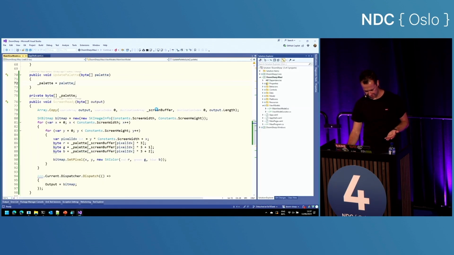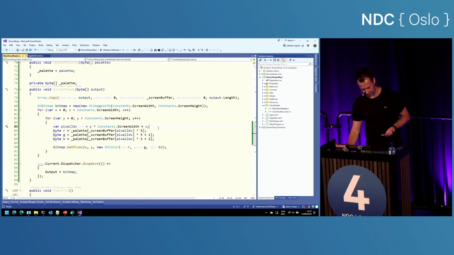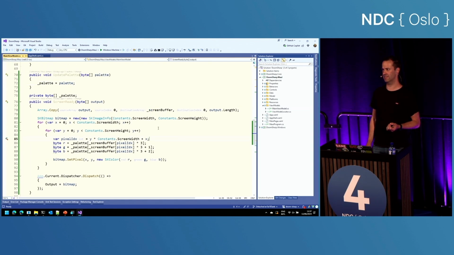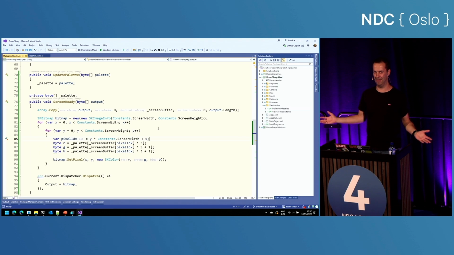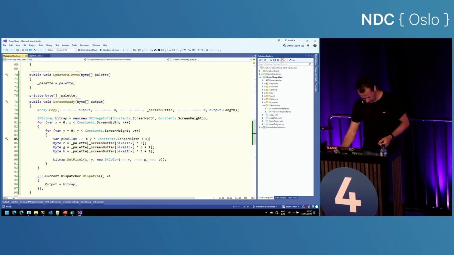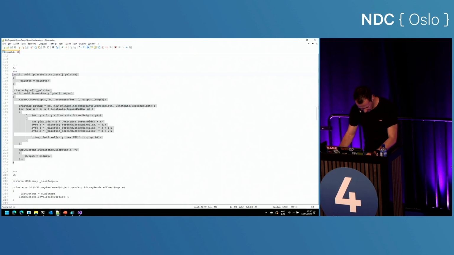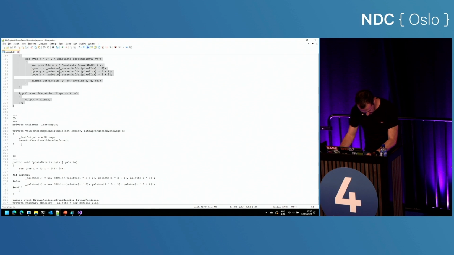So in order to fix this, I did what every smart developer does, and I asked someone else to fix it. I went to Wesley and said, I don't know what to do anymore. You know more about graphics than I do. Can you help me? So he went to work, and he fixed it.